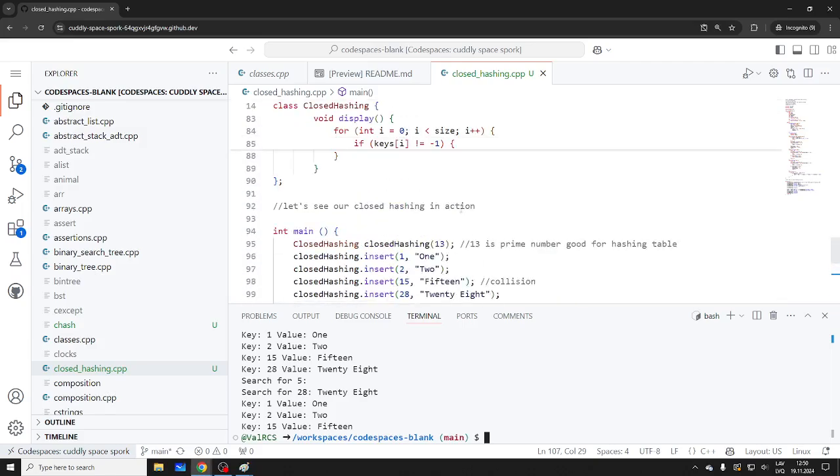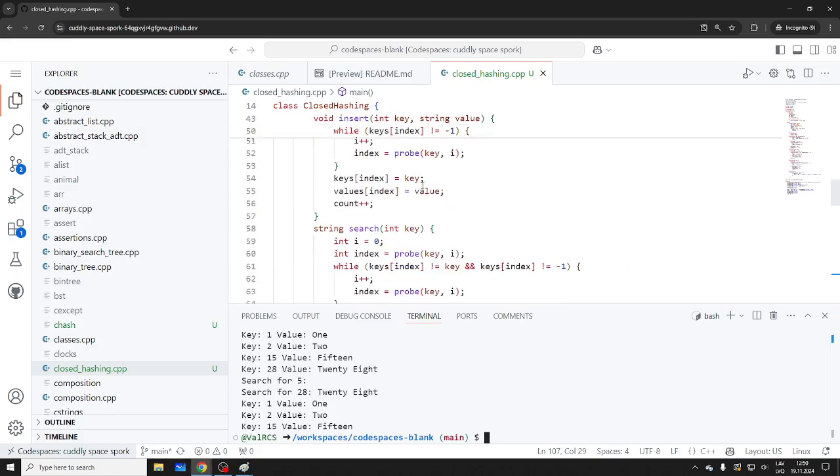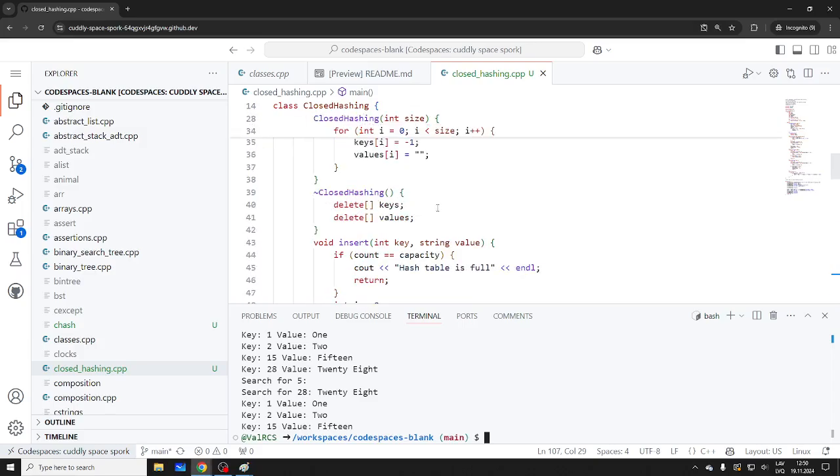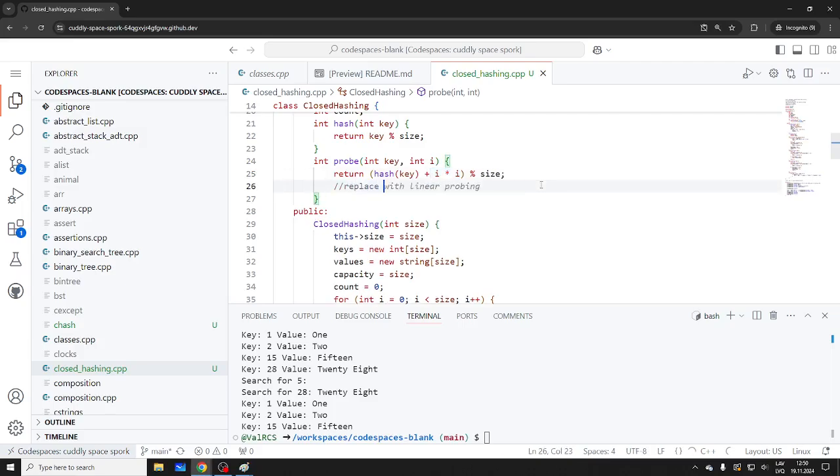So you could simply, this part here, right? Where is it? Where's my probing function? Come on. This part here, right? So this is here. You replace i times i with a function call to some other probing function, such as a secondary hash function, for example.